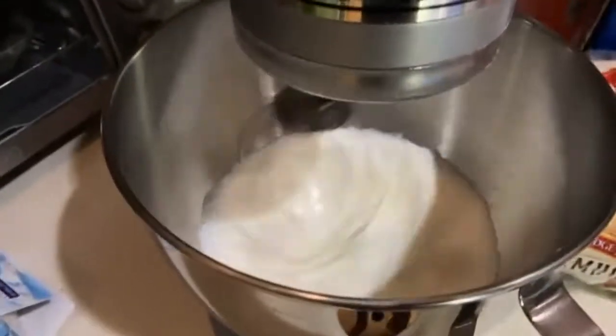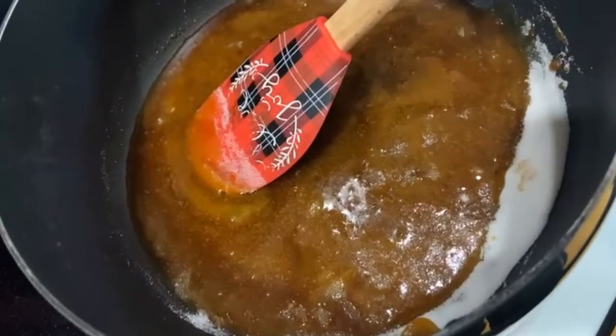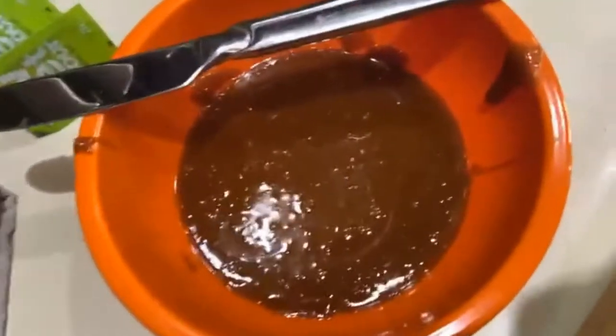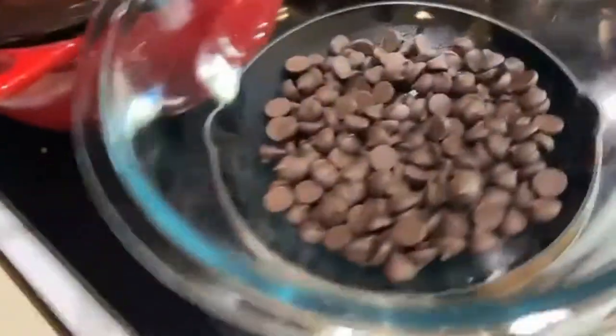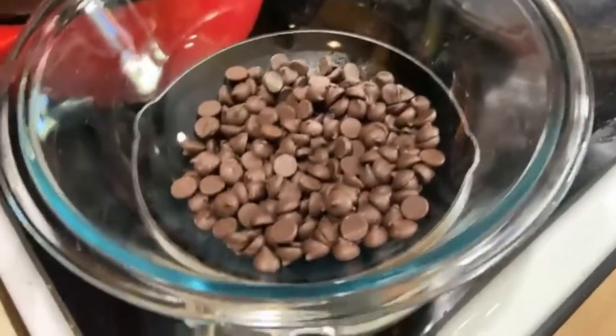Whipping some cream. Alright, we got my caramel going. My caramel's looking pretty nice. I'm just about to start on this. I'm trying to time everything out correctly. And I made a whipped cream here. I put some of the green gel in there. It didn't really turn it green, but